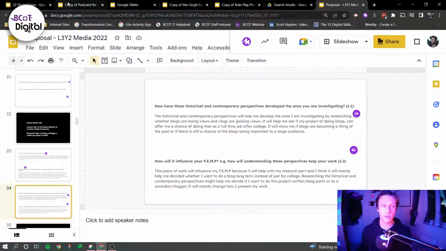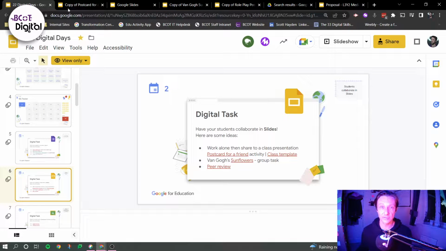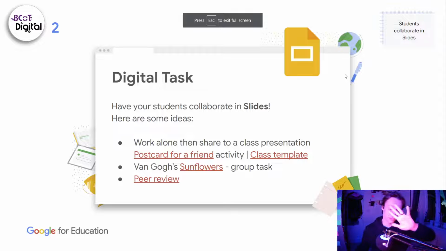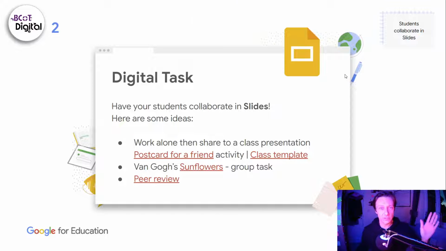So using Google Slides then as a collaborative tool to have our students work in real time to see how others are doing it can be a really powerful tool to help them build confidence and to better understand a task. If you want help with that or anything else in relation to Google Slides, as always, reach out to the digital team,